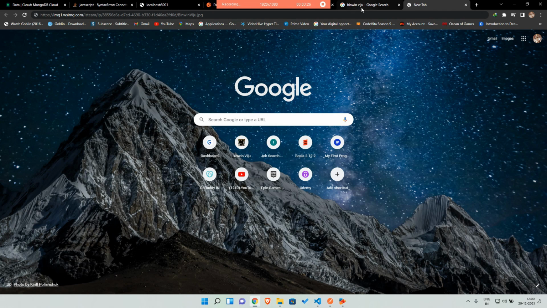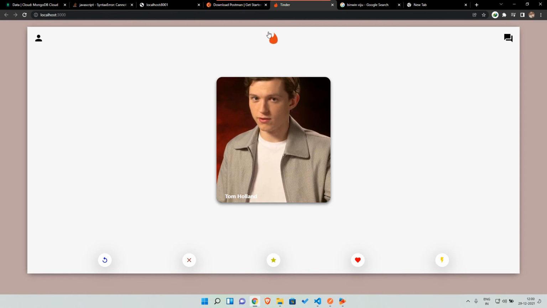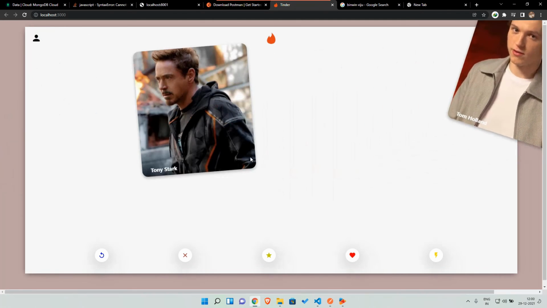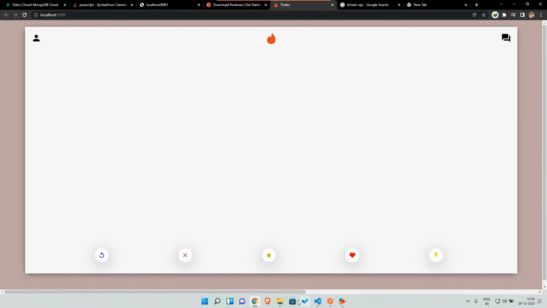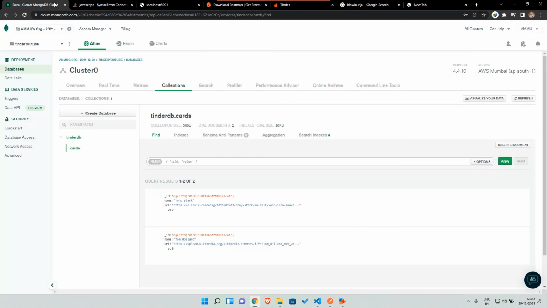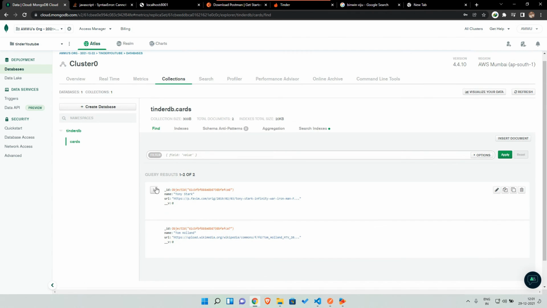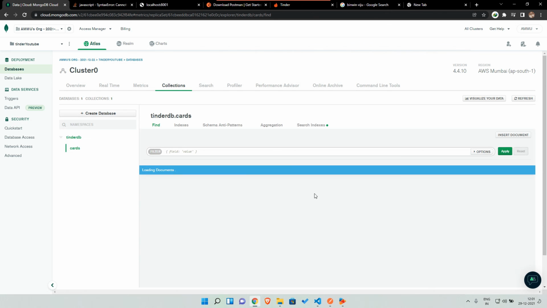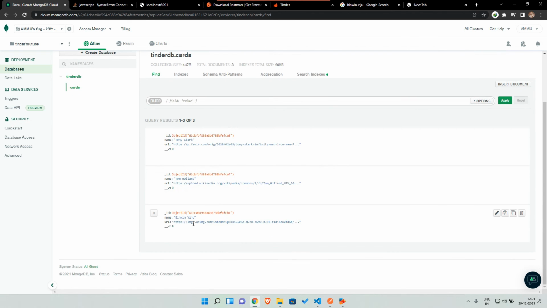So if you are thinking that it won't reflect, but it will reflect to our, just hit a refresh, and here we are, 3 cards that we need. And also our MongoDB will have our data. I'll just refresh this page, which will give us retrieving list of database and collection, and we have the third one,